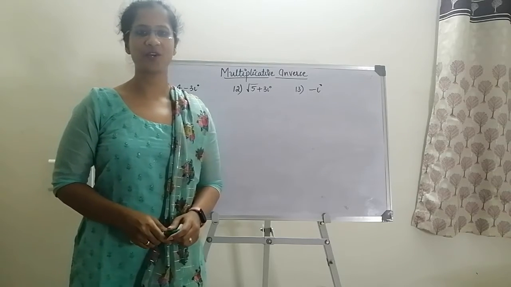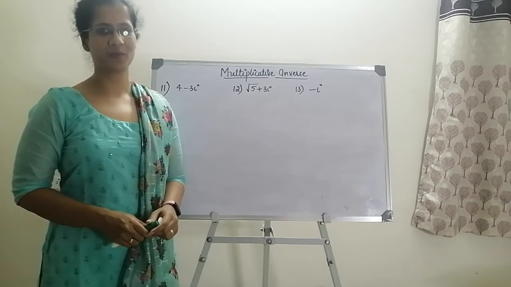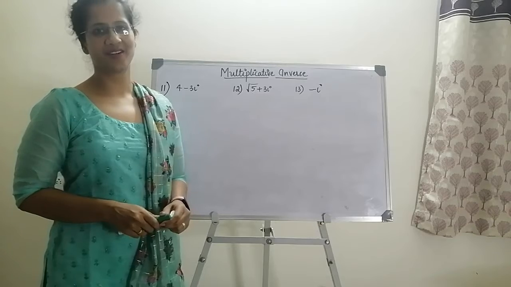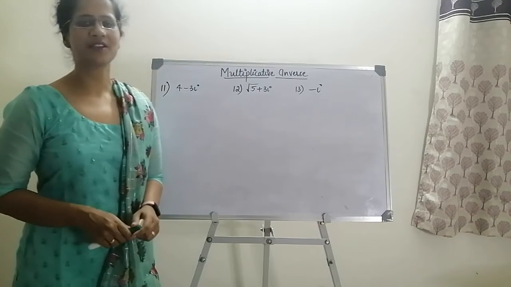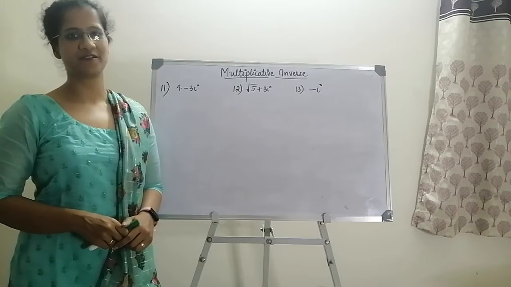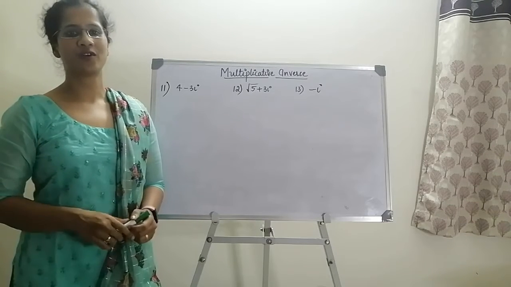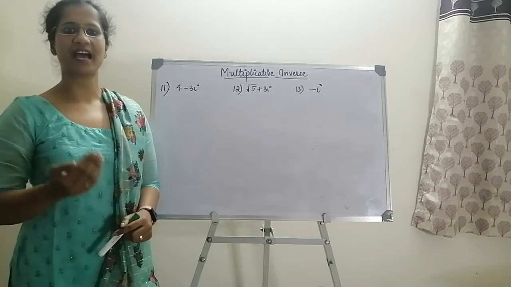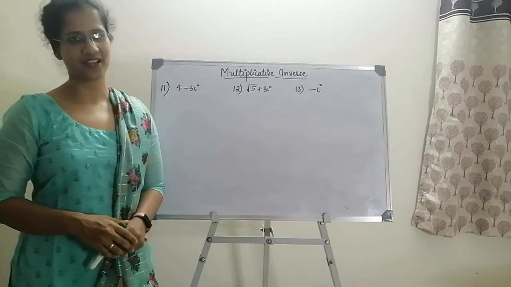Today in this video, we would be doing questions from NCERT 5.1 exercise. Questions will be 11, 12 and 13 based on multiplicative inverse. In my previous videos, I have already explained what is multiplicative inverse. It is basically ulta of whatever is asked. So if multiplicative inverse is asked, I have to divide the complex number and simultaneously rationalize.